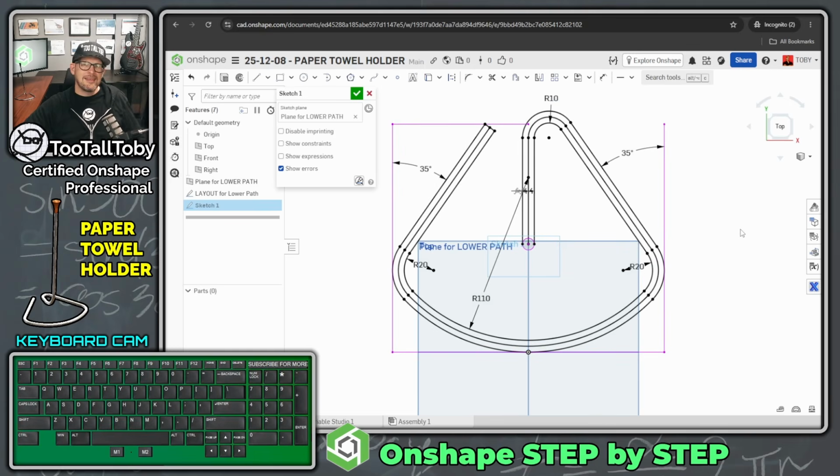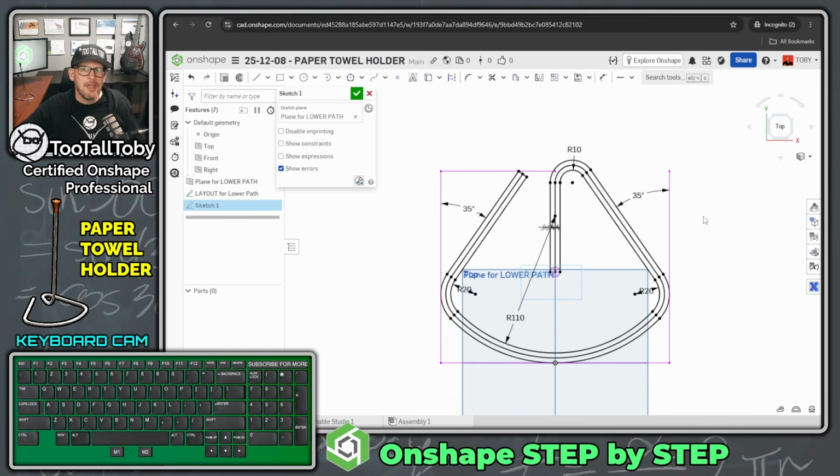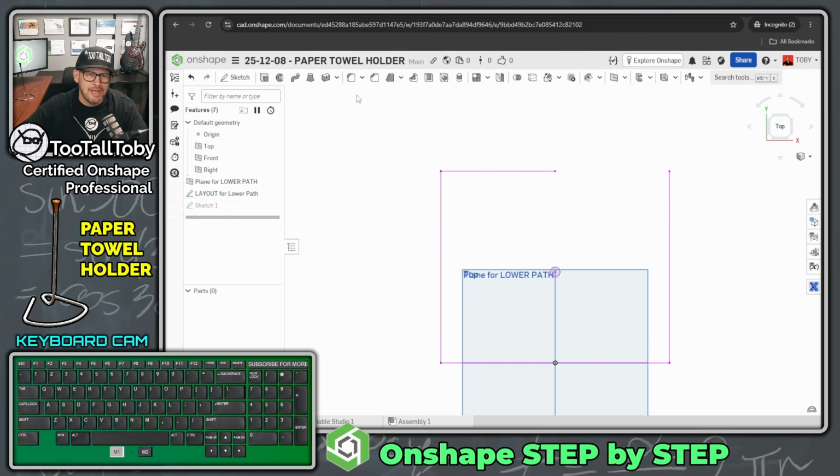So what do you think? Were you able to get that sketch fully defined, fully constrained? If this worked for you, be sure to give yourself a pat on the back. This is not exactly the easiest of geometry, but then what you can do is you can exit that sketch